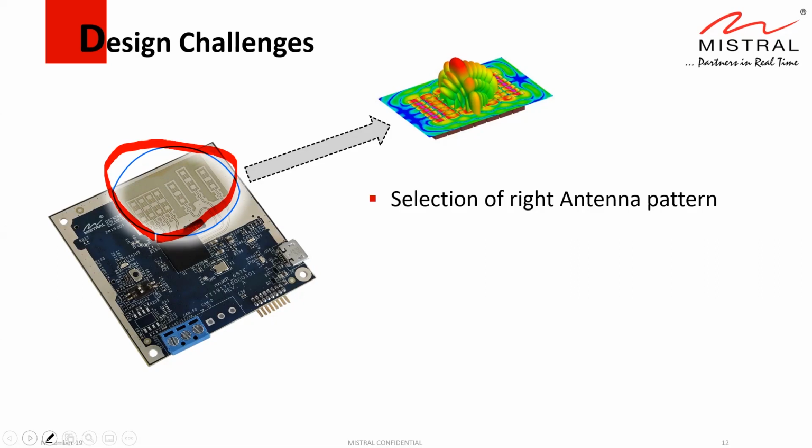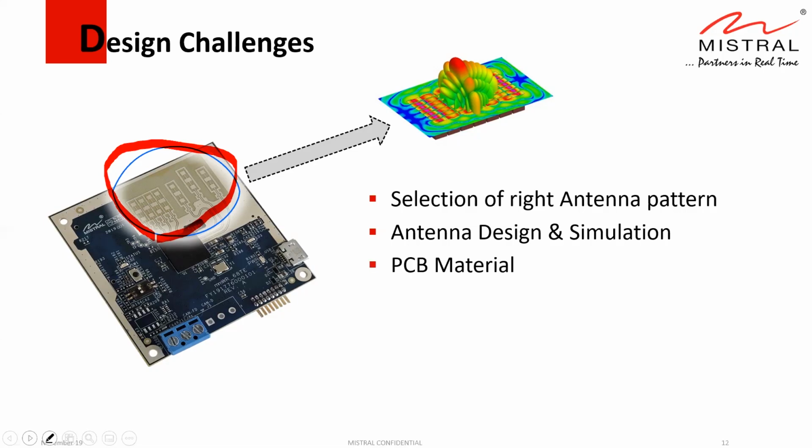So you need to select the right antenna pattern for your design, and you need to simulate, do the patch design in PCB, and you need to simulate the antenna performance, how it's radiating, how it's receiving the reflected pulse, and the right PCB material, because you are operating above the 60 GHz frequency range. You need to have the right PCB material, low loss PCB material,